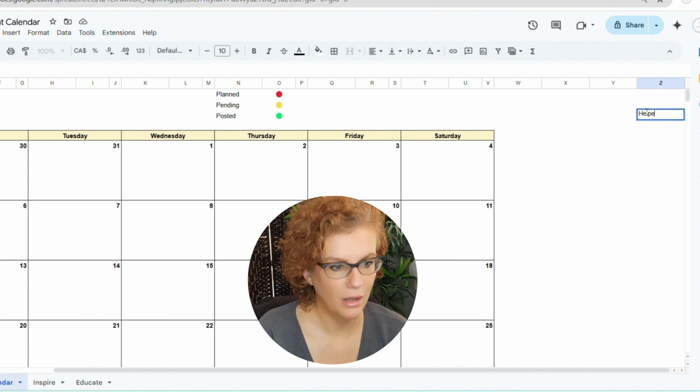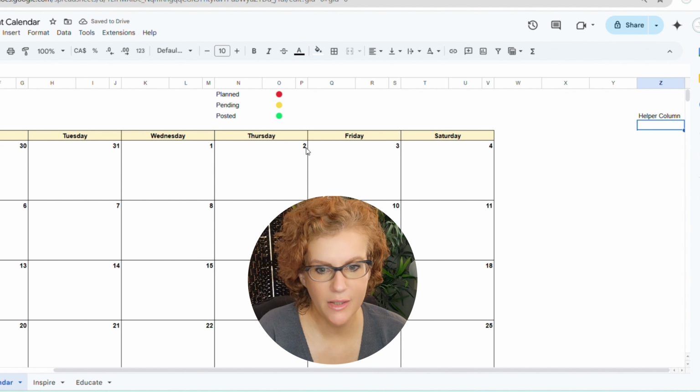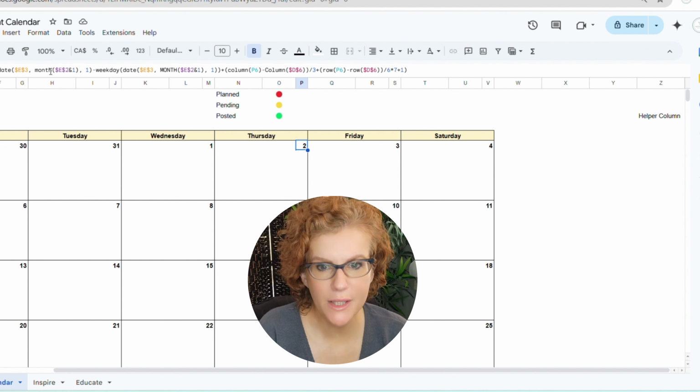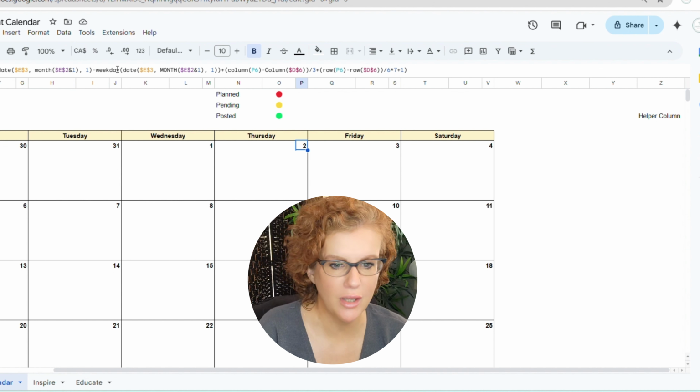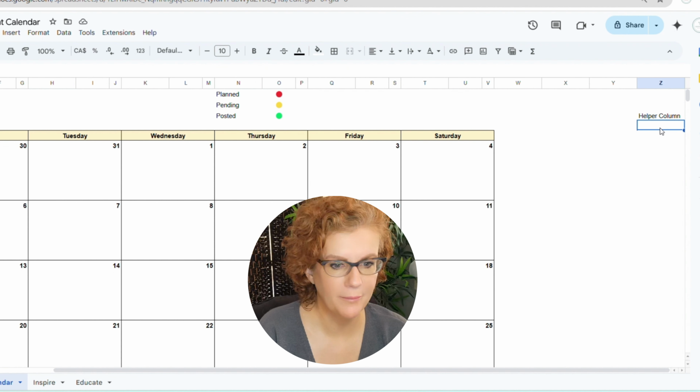Helper column. And here, what we can do is we can put in the dates, right? So we're going to use the same formula. This will help at least to get it started. And we're going to need to make sure that we have enough days that will fit this full calendar, right? But we'll make it dynamic. But we use this formula,